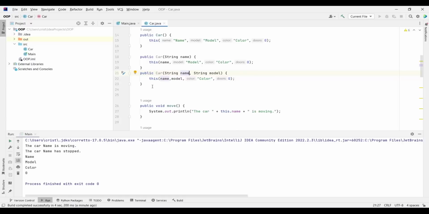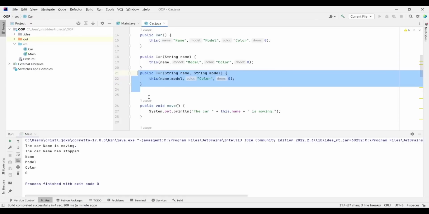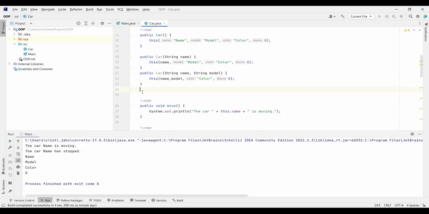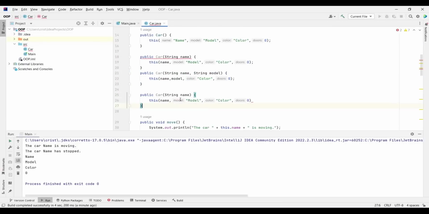Alright, and now let's press Ctrl D. No, it's not working. So let's copy this and paste it here. So now I'm going to provide the value for the model and a value for the color. So we're going to type here string color.